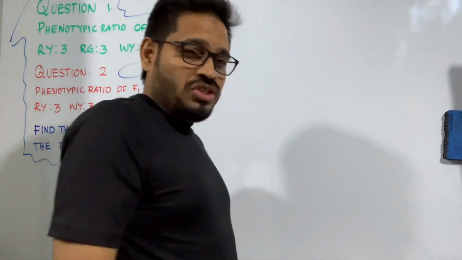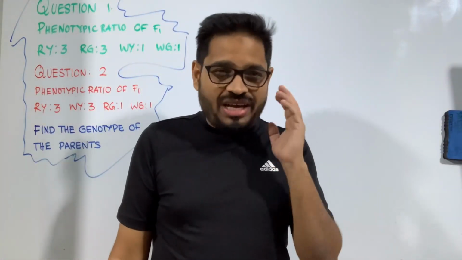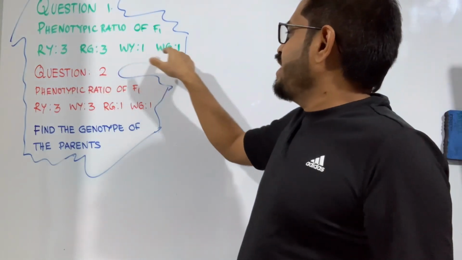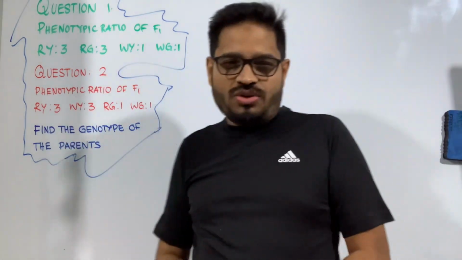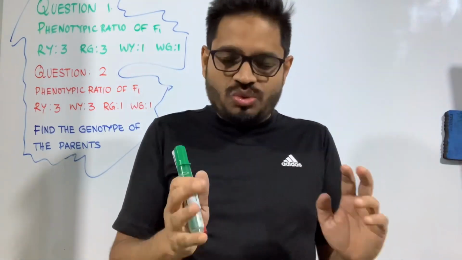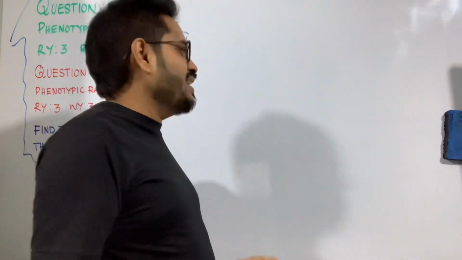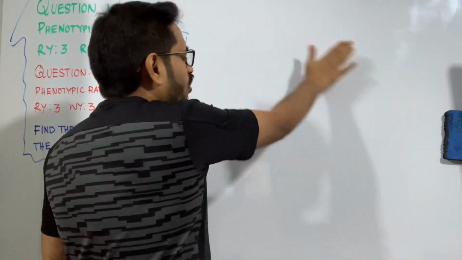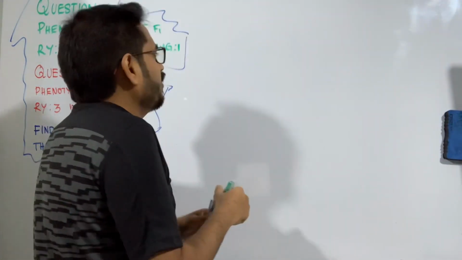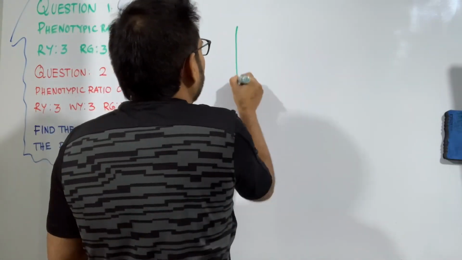Step 1. Check the total number of offspring that we have in the question. Here we have 3, 3, 1, 1, which is 8. Here also we have 8. So certainly this is a cross which involves 4 cross 2 gametes. In that case, my checkerboard, or my Punnett square, must have 8 boxes. Let's go ahead with a Punnett square with 8 boxes.